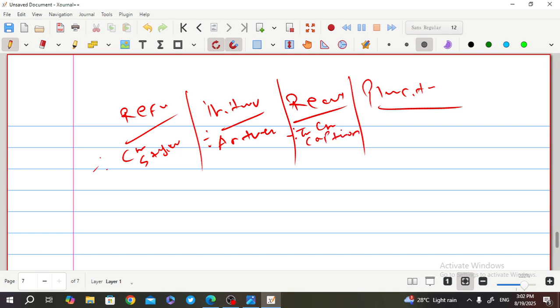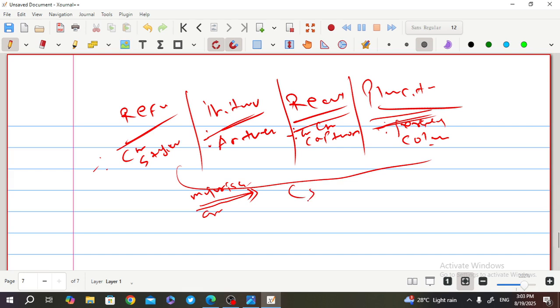You get my point or not? This is the level of sensitivity. The level of sensitivity gradually increases. Level of sensitivity or level of majority, the major issue gradually increases. Anthem. In case of plebiscite, now they want to change the jersey color. This is the key difference between the referendum, initiative, recall, and plebiscite.